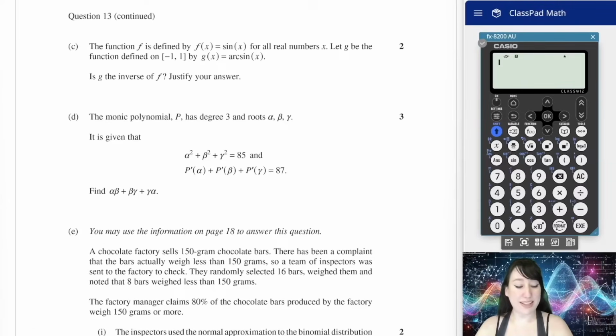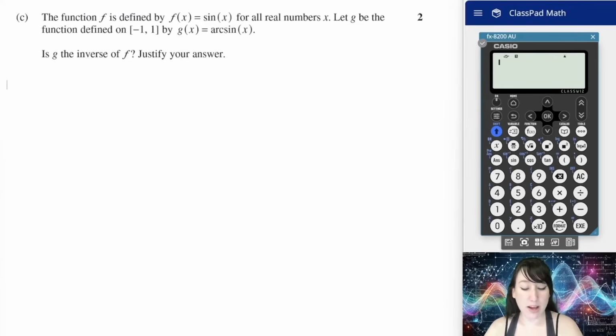Question 13c. The function f is defined by f of x equals sine x for all real numbers x. Let g be the function defined on the interval -1 to 1 by g of x equals arcsine of x. Is g the inverse of f? Justify your answer. So if you remember how we created the inverse trigonometric functions, we had to restrict the domain